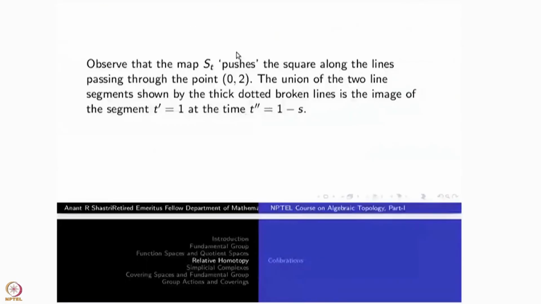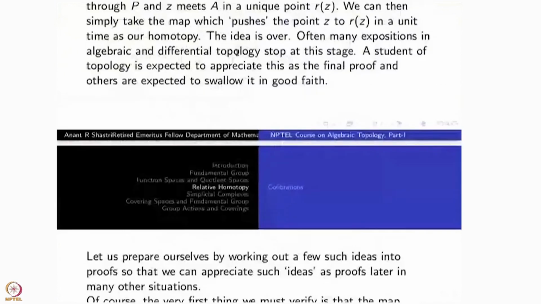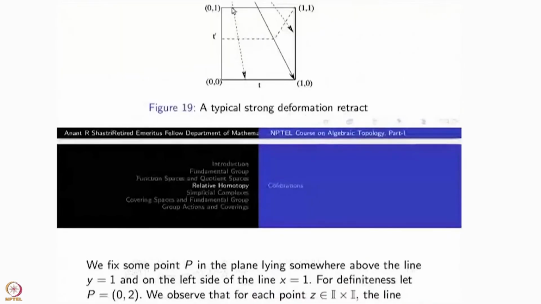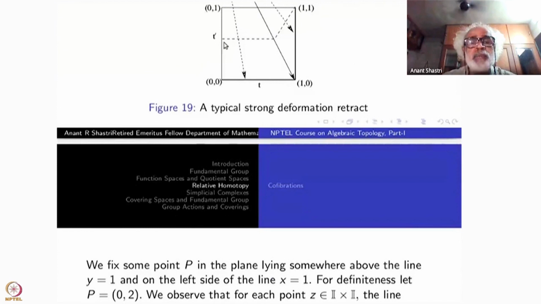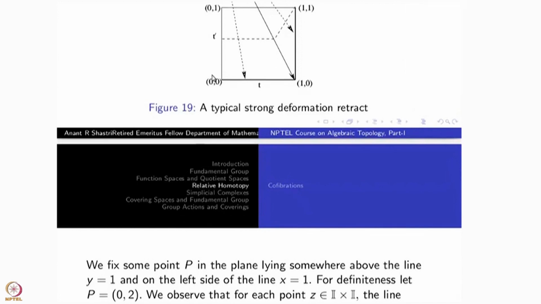Okay, once more, we go back. At t to t', this line, the top line, becomes a broken line like this. Because this point is pushed here, and this line segment is pushed to this slanted line here. At the final stage, this entire line is broken into this line union this line segment. So this point goes here.